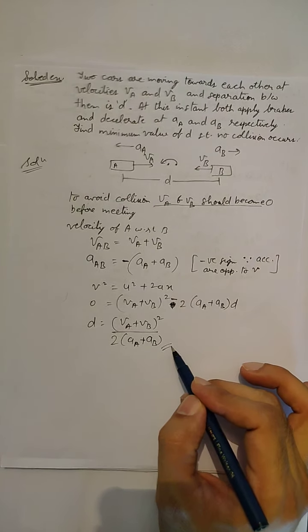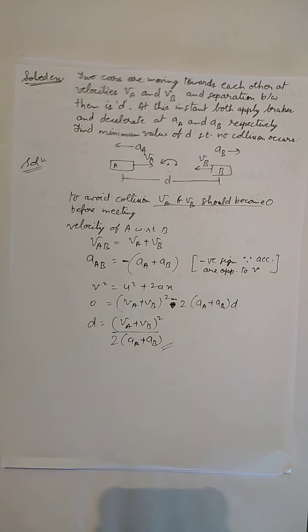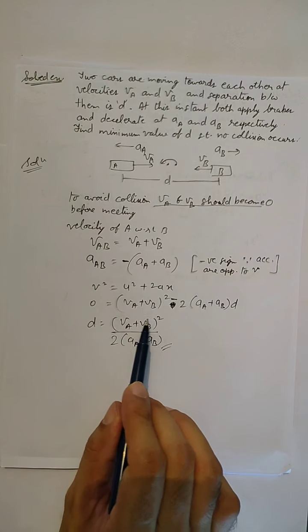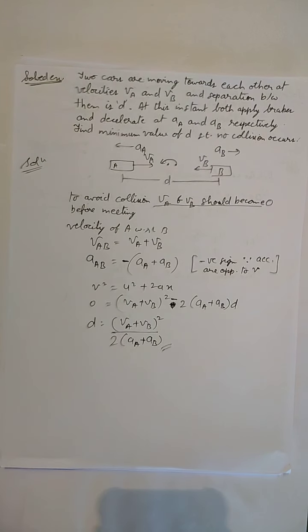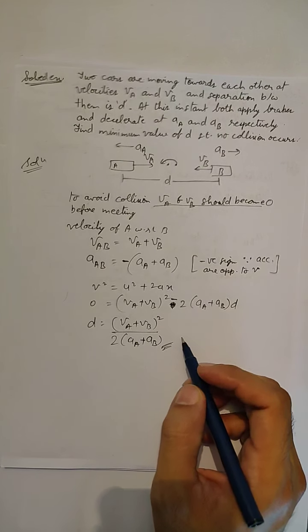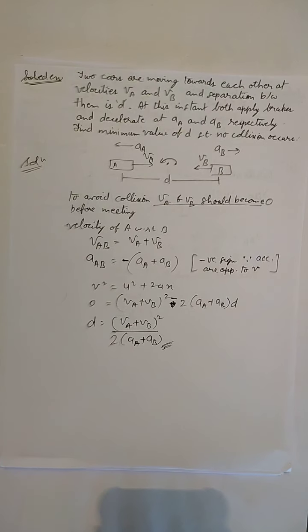So this will be the solution to this question. This will be the minimum value. Now if D becomes more than this particular value, then no collision will occur. So if in some question some values are given, like I gave you the question, you can use those same values and apply here, and you will see that you will get the same solution, but here we are getting it in a much quicker way and much easier to understand way.